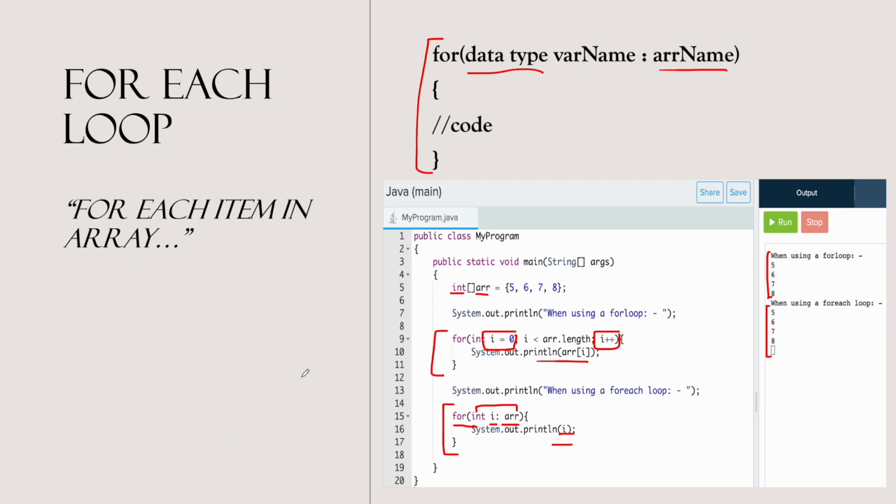So the way you read the statement right here is you say for each item in array, and so the structure that it follows is the data type, any variable, you can honestly call it anything, and the name of the array, right? So what I did here is I created a for loop, and then I created a for each loop, right? So in the for loop, again, the traditional for loop, I print out each of the elements in array,